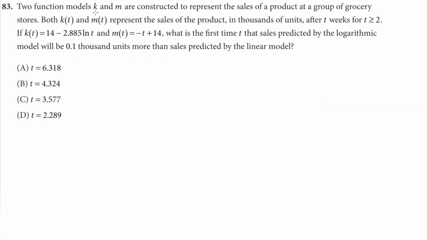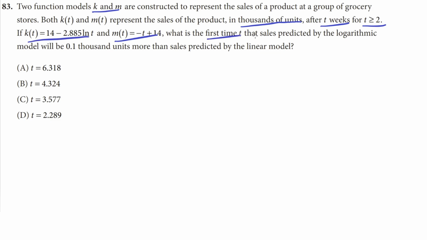Two function models k and m are constructed to represent the sales of a product at a group of grocery stores. Both k of t and m of t represent the sales of the product in thousands of units after t weeks for t is greater than or equal to 2. If k of t equals this function and m of t equals this function,